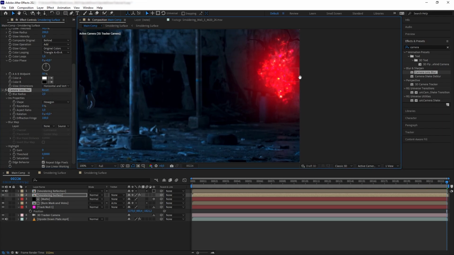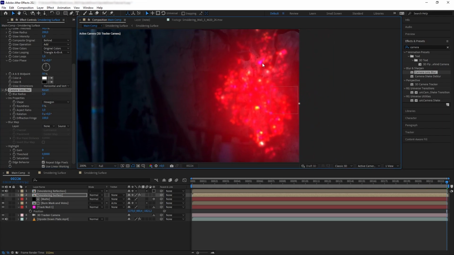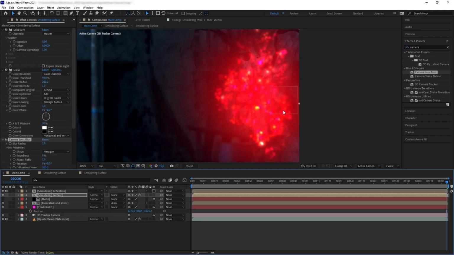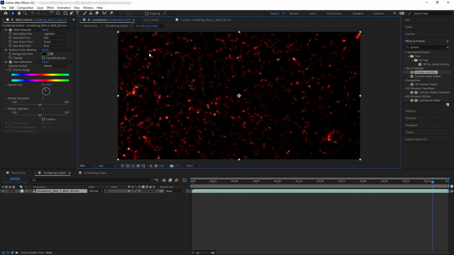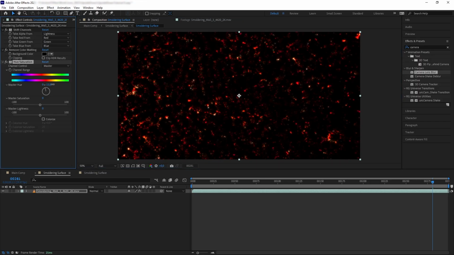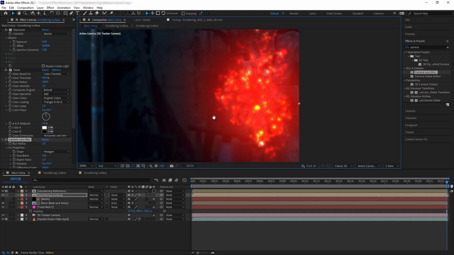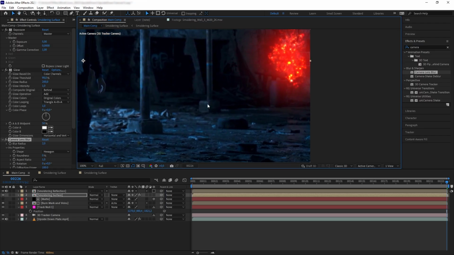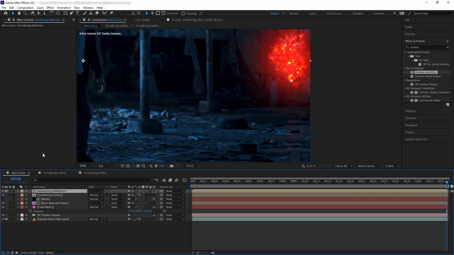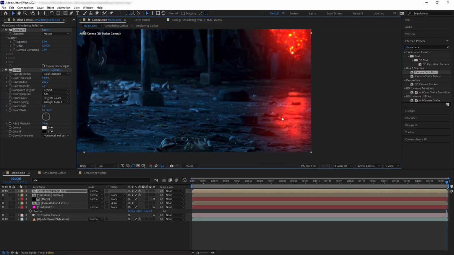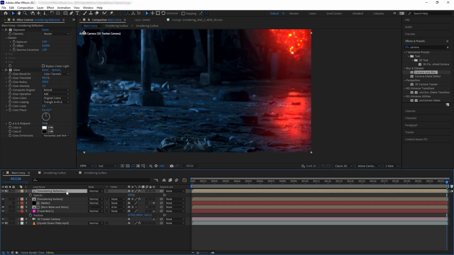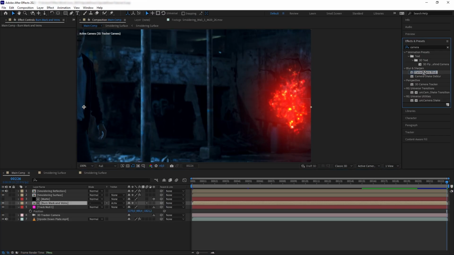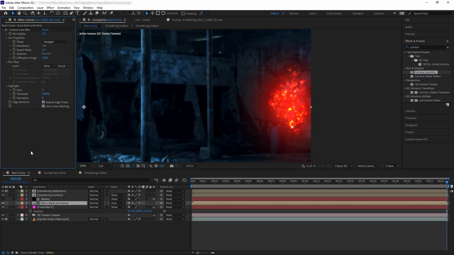Okay, so our glow is looking nice except that we have this weird purple color. So we're going to fix that by going back to the original smoldering pre-comp, and then on the hue and saturation, let's play with the dial a bit to make it a little bit less purple. And then let's go back to the main composition again, and then copy the exposure and the glow to the reflection pre-comp as well. And then reduce the opacity to 30. And then let's also defocus our veins with camera lens blur.